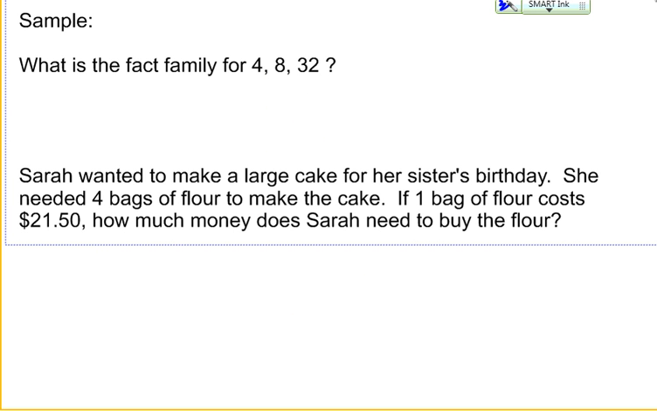Because we're at the end. Here's a sample. Find your fact family. Figure out, first of all, is it multiplication or division? And then, of course, you have a word problem to fix. That is lesson